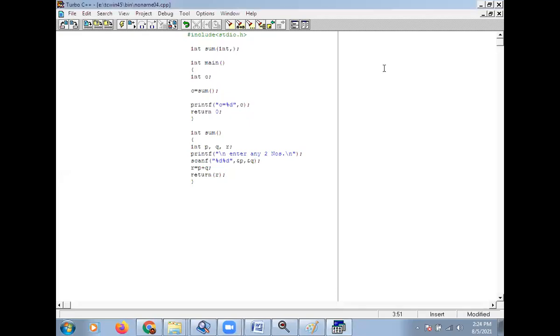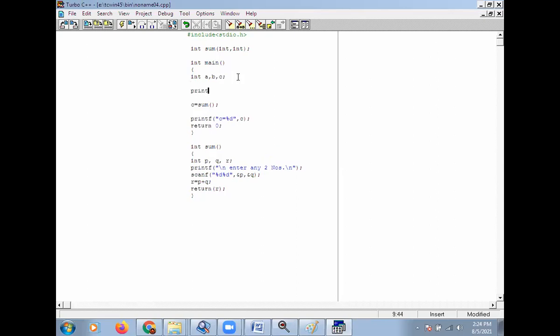So you are declaring a sum function with two integer parameters: integer sum, int comma int. Then here integer, suppose a b c. So below this, printf slash n, enter two numbers.